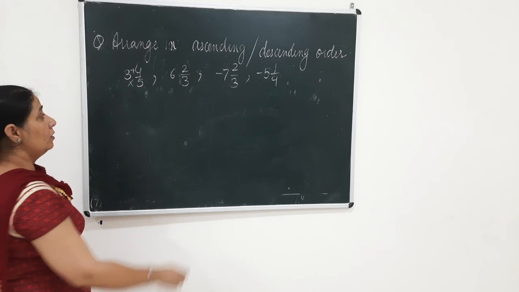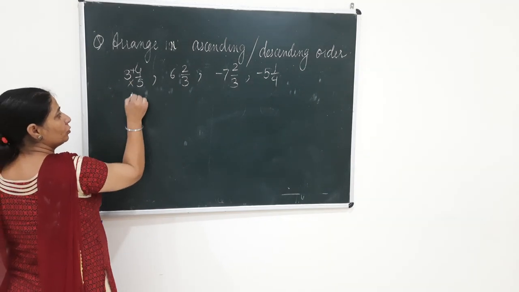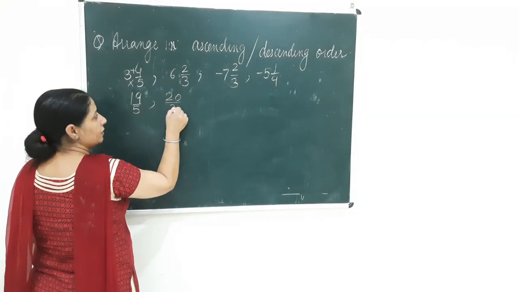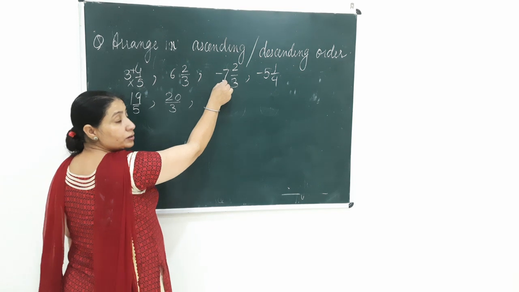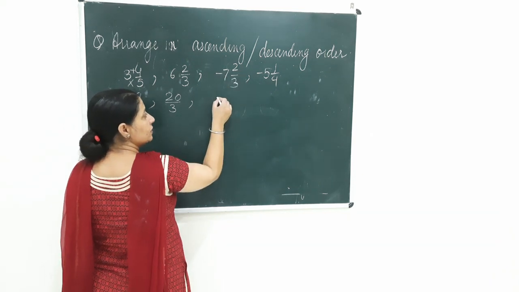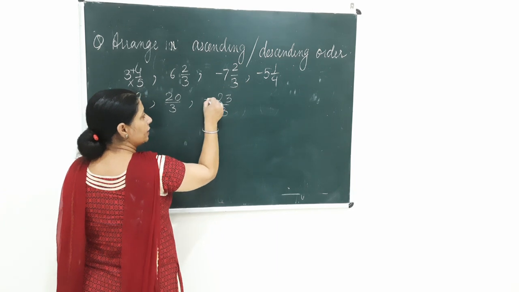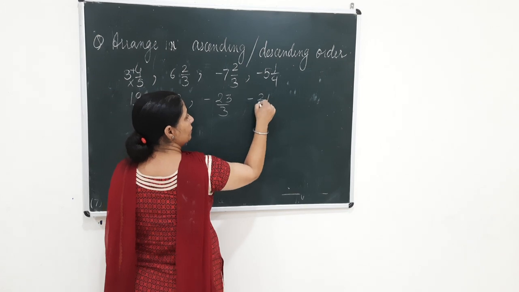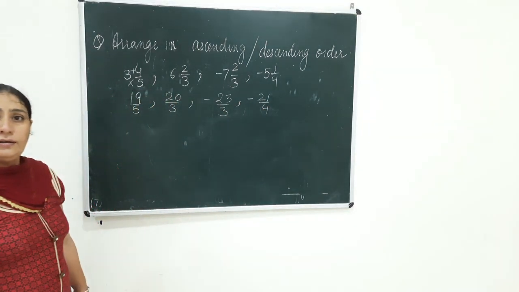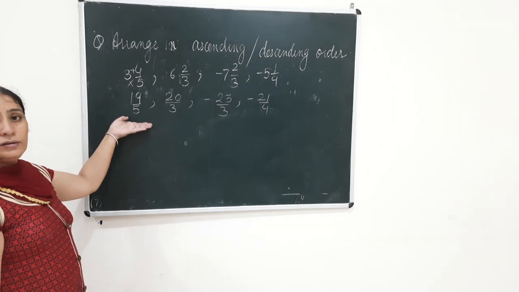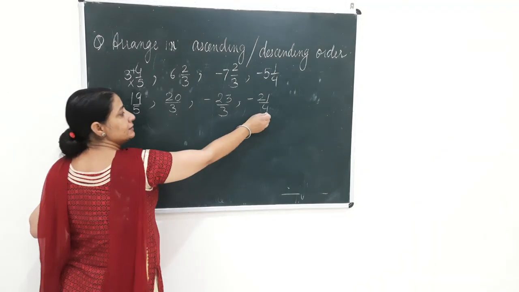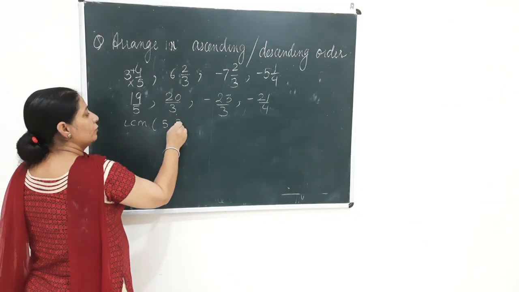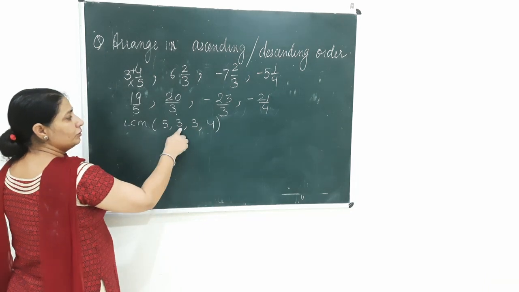First of all, how you do it is you multiply this and you add this to it. This is the rule. 5 multiplied by 3 is 15, plus 4, this is 19 by 5. 6 3s are 18 plus 2, 20 by 3. 7 3s are 21 plus 2, that is equal to 23 by 3, and there is a negative sign here. And last we have 5 4s are 20 and 1, 21 by 4. Clear? After putting them in this form, the next step is to take the LCM of these denominators. So what is the LCM? We will be taking the LCM of 5, 3, 3 and 4.